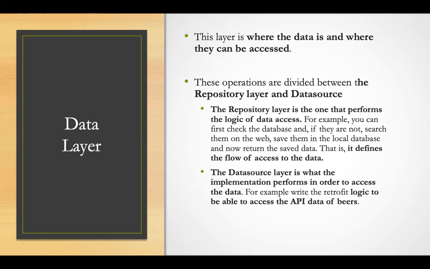But it also might be the case that the data kept in the database might be stale, or that the data the user has requested might not be cached in the database. The repository layer might then have the logic to first get the data from the web API, and then store or cache that in the local database and also return a copy back to the user for his perusal. The data source layer is where the implementation resides